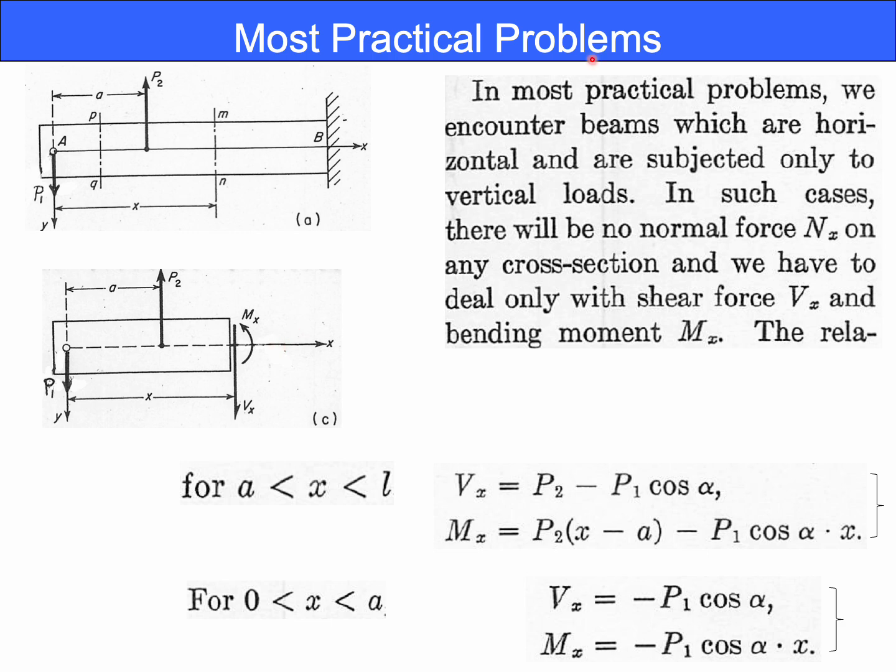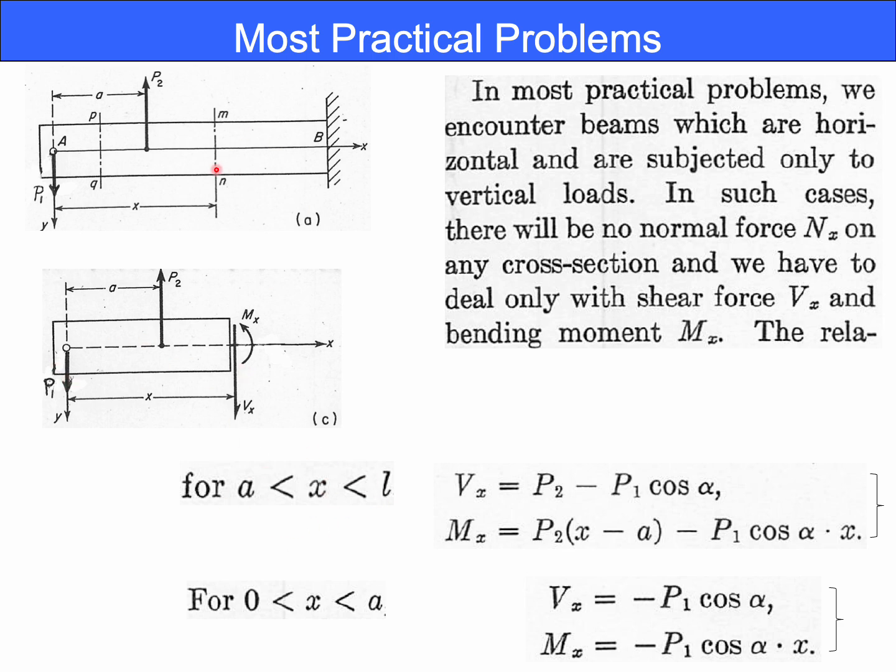The free body diagram depends on the number of vertical loads included in it. Therefore, the mathematical expressions of the shear force Vx and the bending moment Mx of the free body depend on the range of x. So you have to consider the range here and the range here. In this case, for example, for the right section corresponding to x between A and L, here,